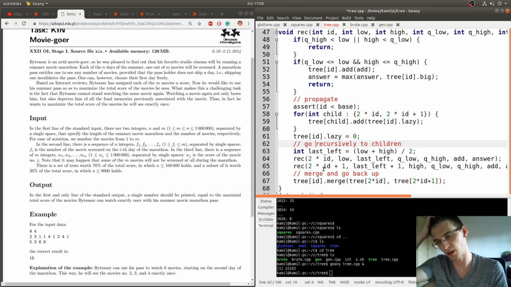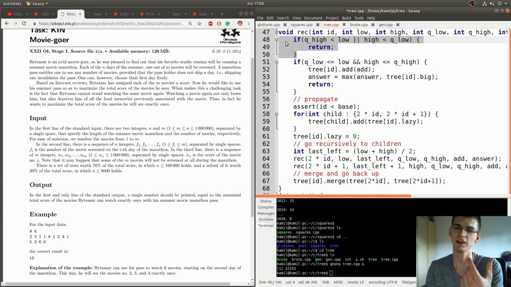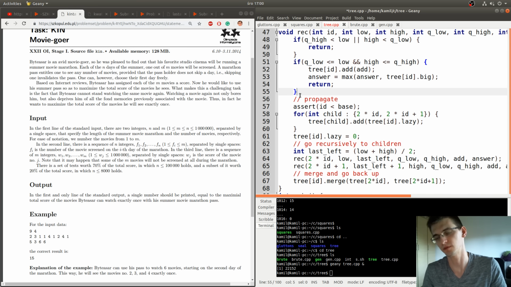And you do a sequence of ifs. Something like, if the interval in this subtree and the interval from the query are disjoint, then return, do nothing. If the interval from the query covers our subtree completely, then we don't go recursively below, just like with the root, when I said, what if we increase all the values by +5? Then just increase the value in the root.